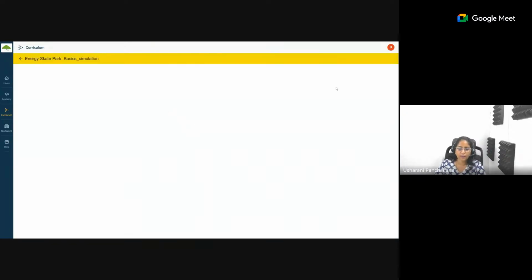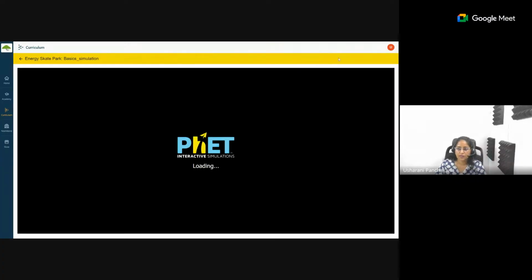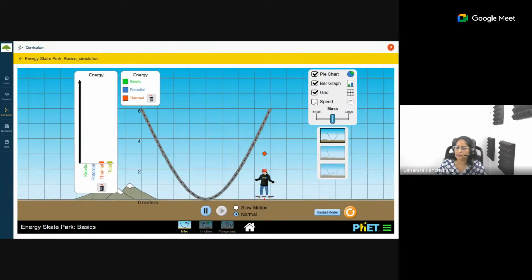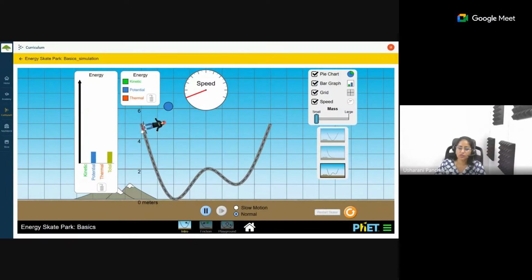Let me check this. This is a PhET simulation, which you can use. So this is where you'll place this. Before that, let us click on all these parameters and keep them large or small. You can select either this or this as well as this. Let us do this. Now you can see here the law of conservation of energy, where energy is neither created nor destroyed, because you can see the sum of these two energies is equivalent to the total energy.